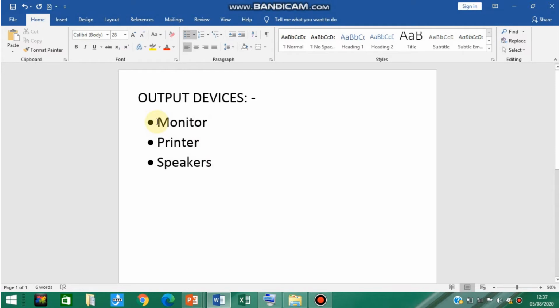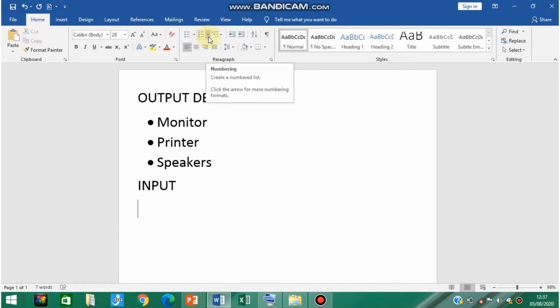Now next is how to add numbers while we type our list. For example, input devices. Again you have to move inside the Home tab. Inside the Home tab, in the paragraph section, beside the bullet option, you will find the option of numbering, create a numbered list.